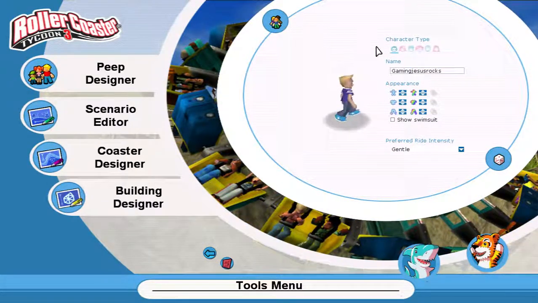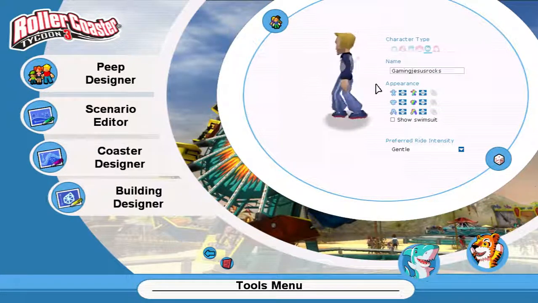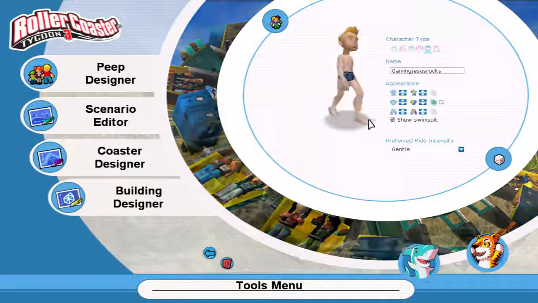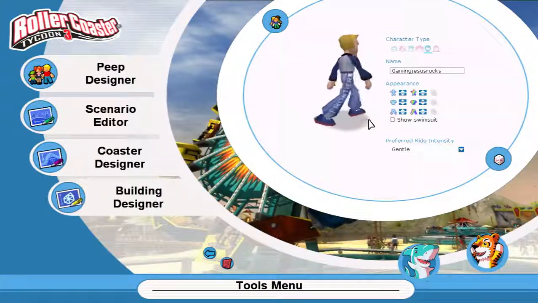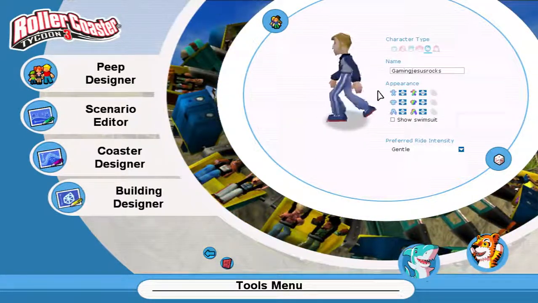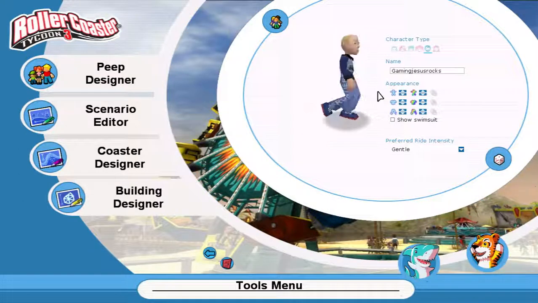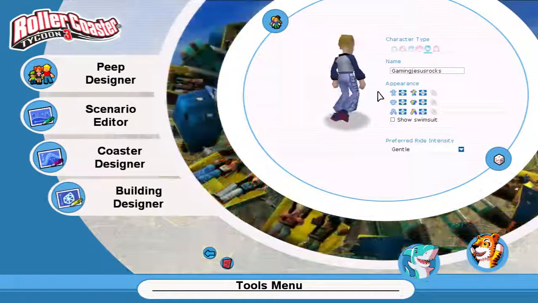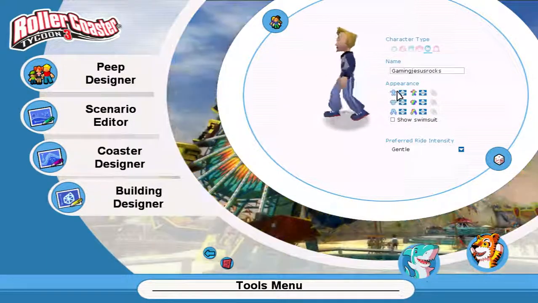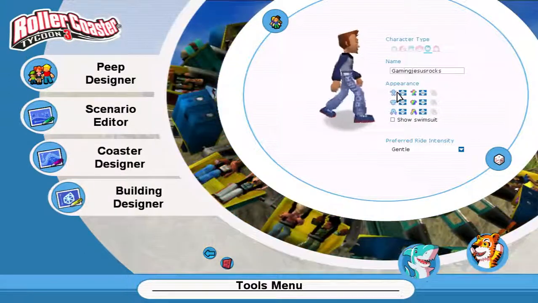Now, under the explanation, I'm going to put myself under the adult male. Now, you can change your appearance, showing your swimsuit, whatever. Okay, so I don't like my hair, so let's change my hair to something more groovy. I actually like this hairstyle the most. Let's change its hairstyle to more kind of like mine